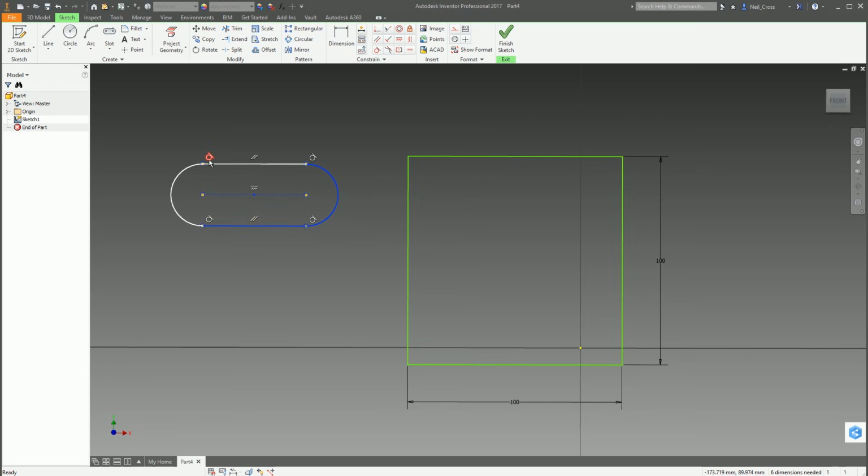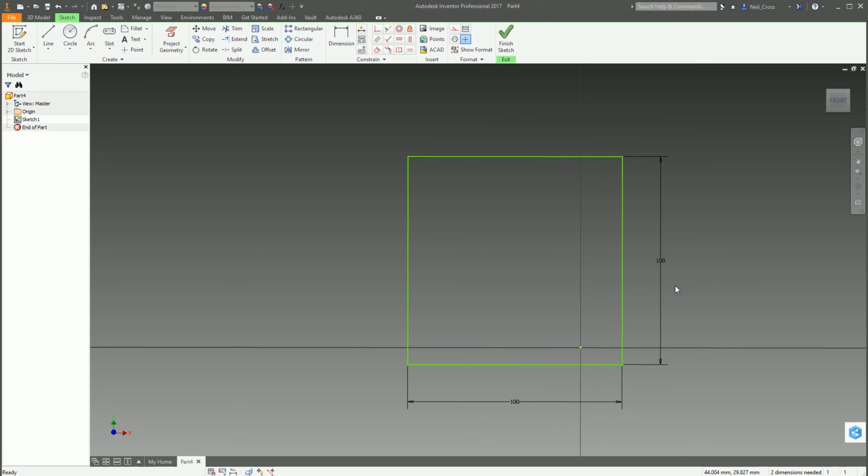Again, for a slot, here we go. We've got some tangent constraints automatically placed at the 4 points around the slot. Inventor knows that you're creating a slot, therefore this arc here should always be tangential to the top and bottom horizontal lines. So you can get away with not manually creating them, but there are times where you do need to manually create them. So back over to the AutoCAD example. Another constraint that we've got here are these two here. Now you might not look at them and think of them as being constraints, but they are actually constraints.